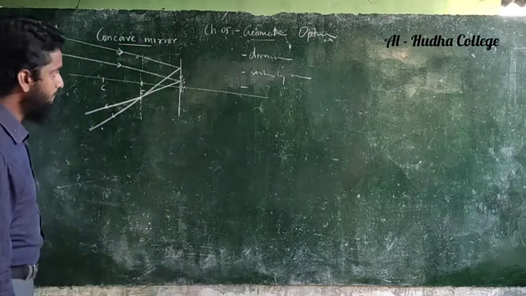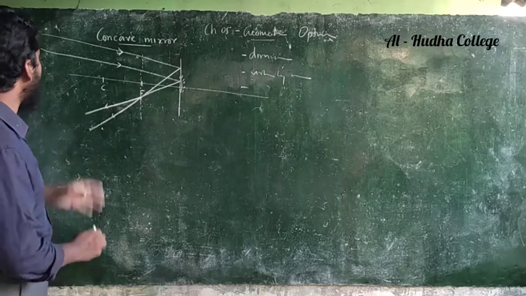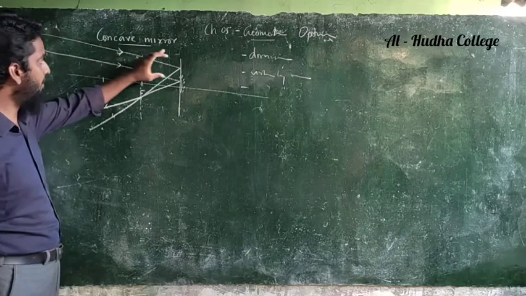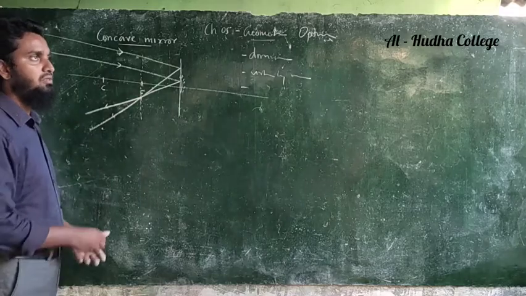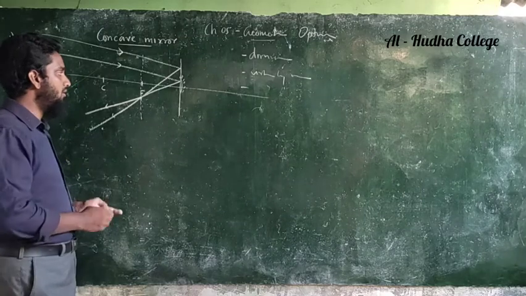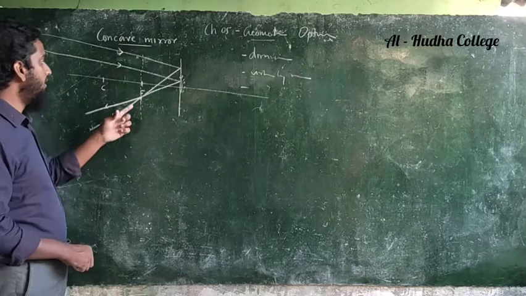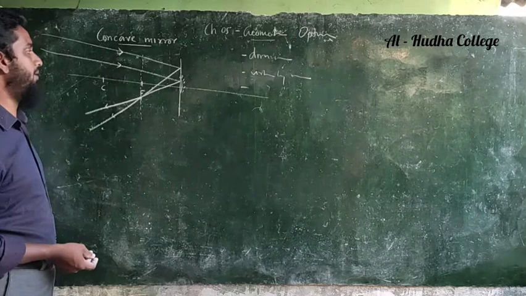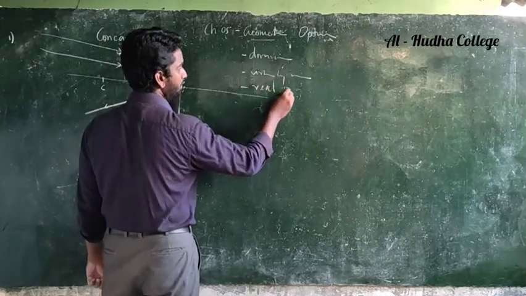Third, here you have the real rays which come from the object. After the reflection, by the real rays, you obtain this image by keeping a screen. This observation itself tells us that here we have formed a real image. Therefore the image is going to be a real image.